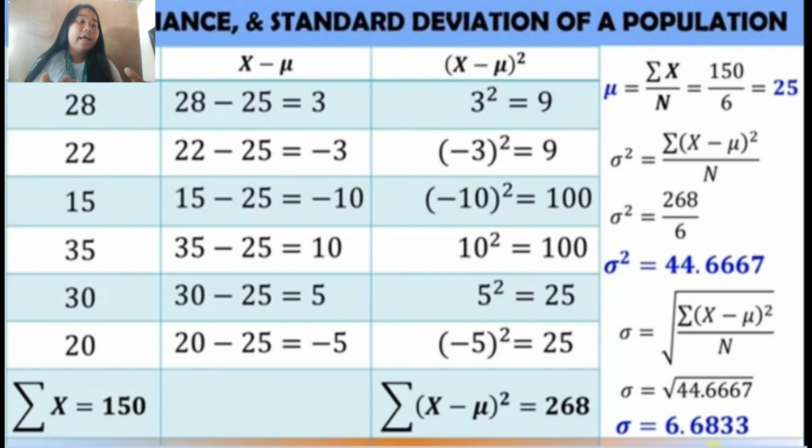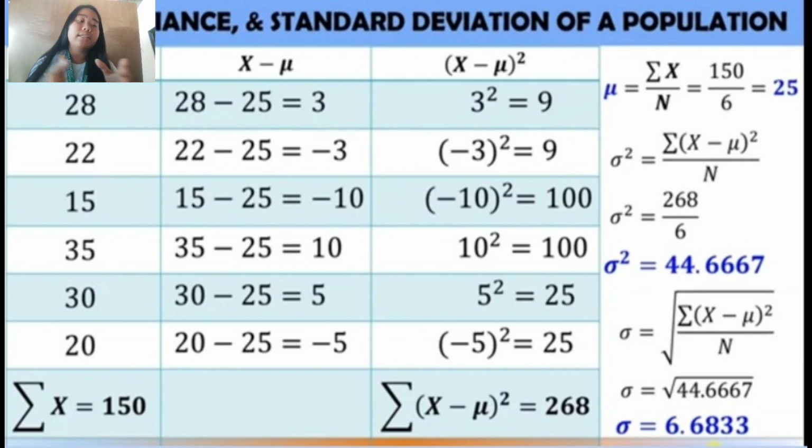And then, we get the summation of x minus mu squared, which is equal to 268. Where does 268 come from? You add 9, 9, 100, 100, 25, 25. So, it equals 268. So, once you have obtained the summation of x minus mu squared equal to 268,